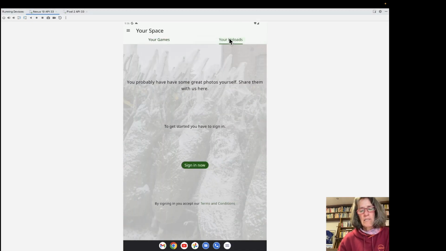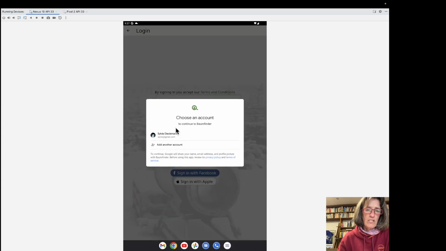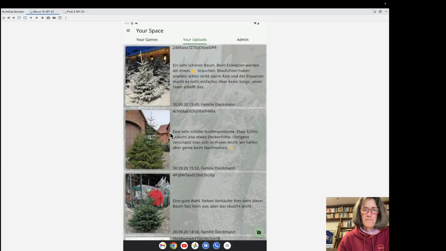Now this is the first time where you actually have to log in, and this is basically because I felt like if I, as the app creator, start to display other people's content, I have to make sure they sign the T's and C's, and I'm not showing any copyrighted material. So this is why I forced the user to sign in at this point, just to make sure in the sign-in process they have accepted the terms.